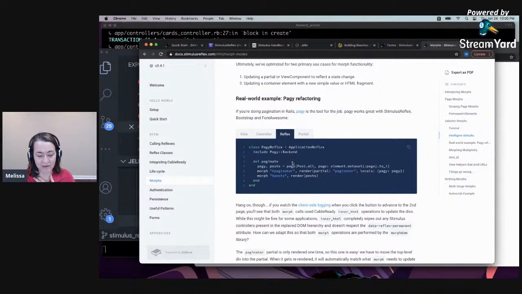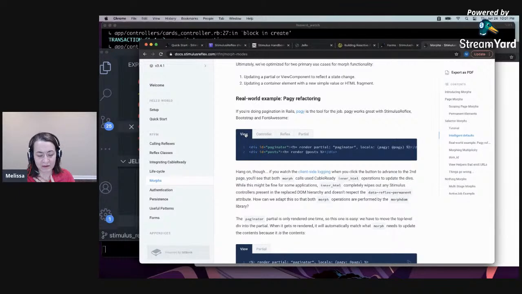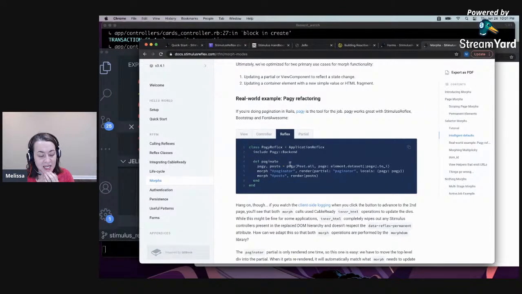I'm trying to see where this is getting this def paginating because that's, I guess, with Pagey. So we want a def index? No. Where that's